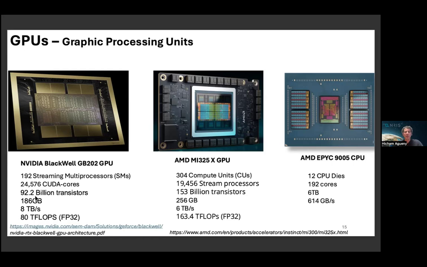This GPU comes with 92 billion transistors. There are more transistors on AMD than on NVIDIA. On the other hand, on the CPU we have only 12 CPU dies and 192 cores. In terms of bandwidth, 8 terabytes per second for NVIDIA, 6 terabytes per second for AMD, and only 614